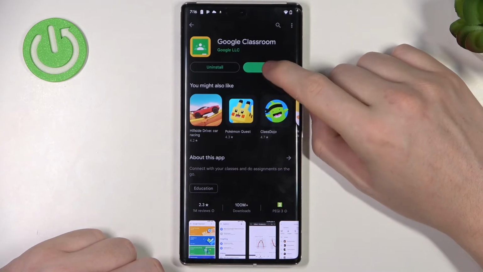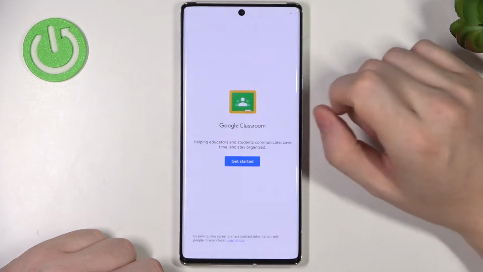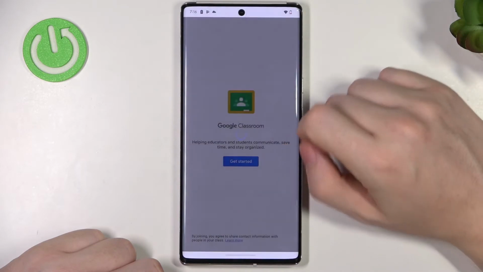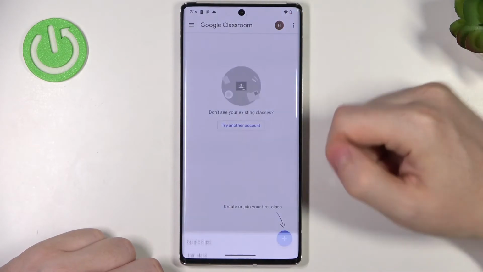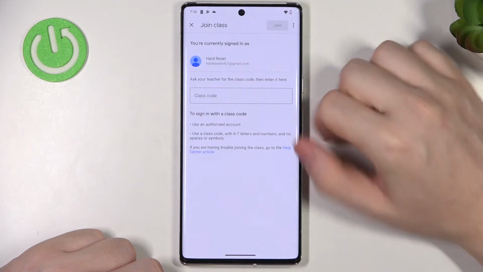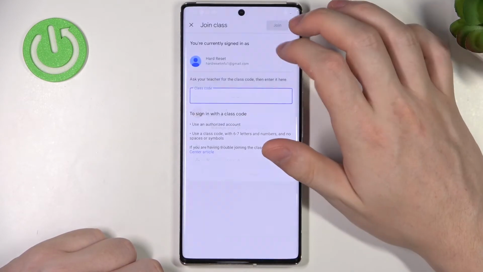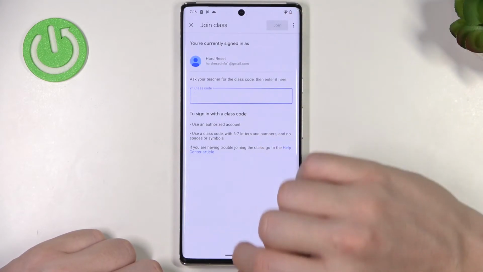After installation process is complete, you should be able to open it, grant its access, click on Get Started, choose the account, then on this plus button, join the class. Here enter class code which you should be provided with, and after doing so, click on the Join. And that's it for this